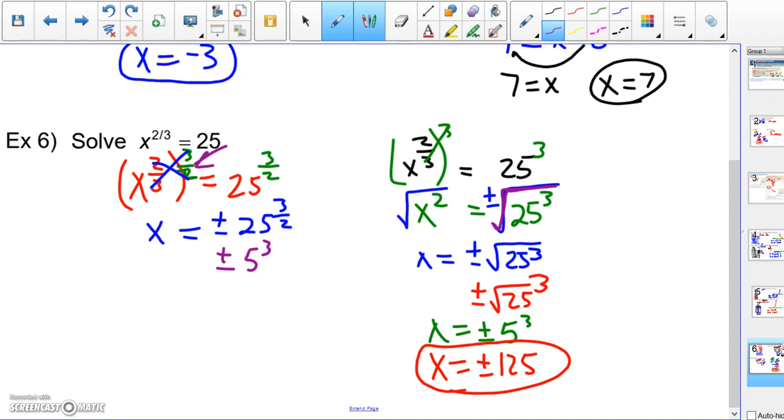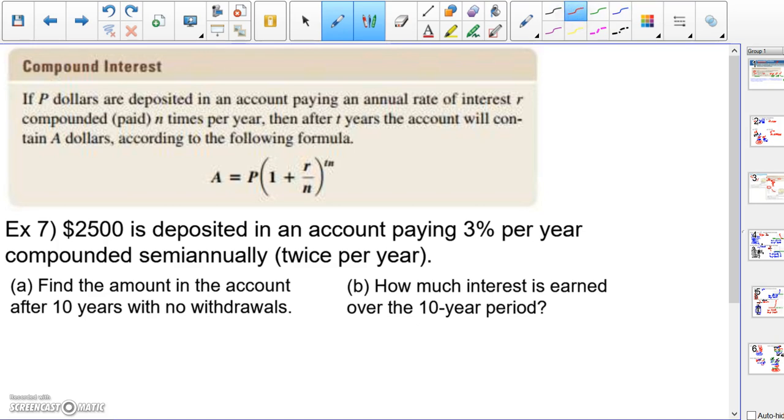Compound interest. If P dollars are deposited in an account paying an annual interest rate of R compounded N times a year, then after T years, the account will contain A dollars. So we've got this formula. You're going to want to have this formula handy, but you're also going to want to know what these letters are talking about. A is the final amount,